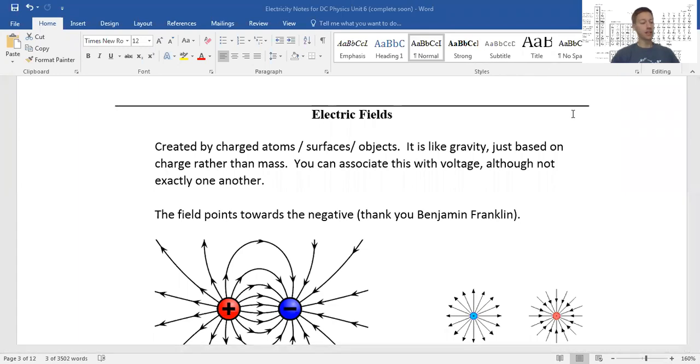In this video, I'm going to talk about work done by electric fields and also about electric fields in general, plus Coulomb's law. All right, so first, electric fields, going back to what we just talked about in the previous video,